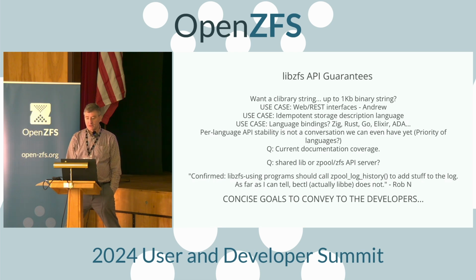Essentially, we want a C library string up to a certain size. And Jan, do stick around. I'm sure you have some thoughts. And with that API, as we'll touch on later, getting things like JSON output on the zpool command, having that API would be invaluable for the mechanical reading and writing of all things ZFS.